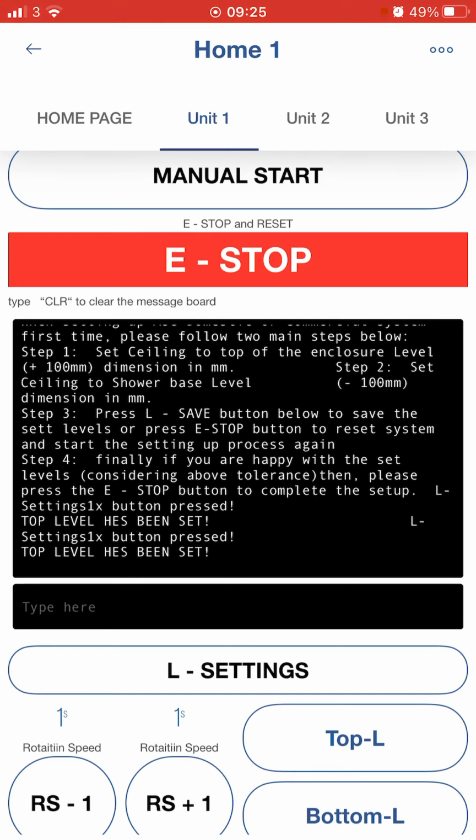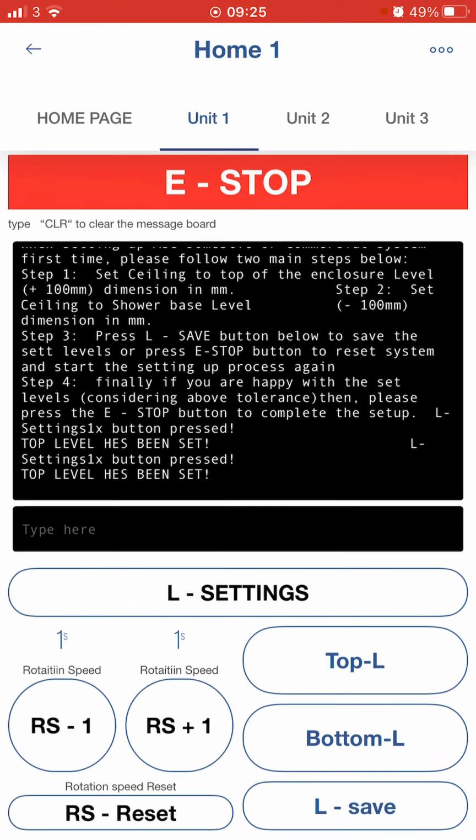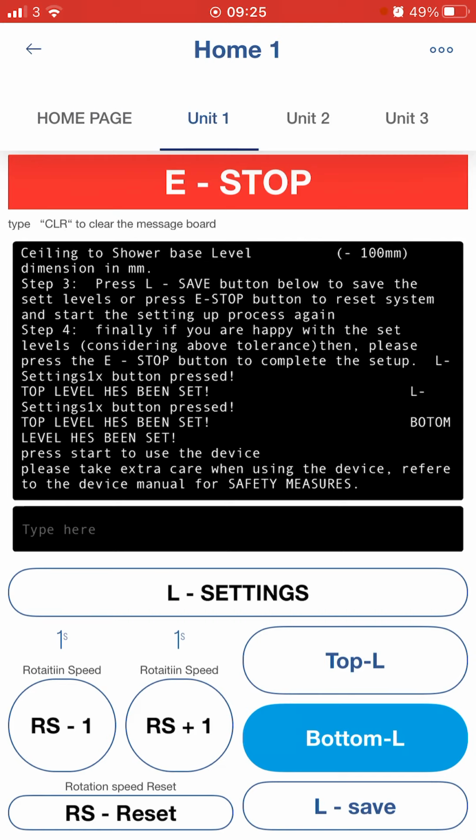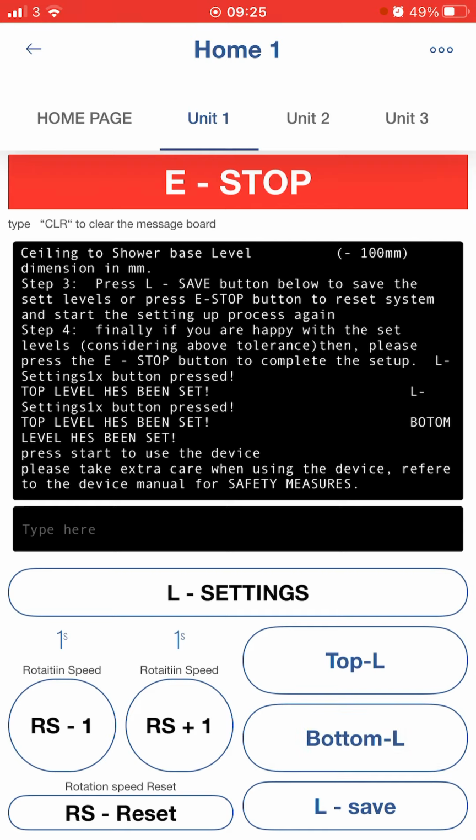Once you are happy with the rotary nozzle top level, then you need to set up the rotary nozzle bottom level by pressing the bottom L button. And keep pressing. At this point, the rotary head will resume descending, and you can release the button once the desirable level is achieved. Again, based on your visual reference. Please make sure that there is about 10 cm distance between the rotary head and the bottom level of the